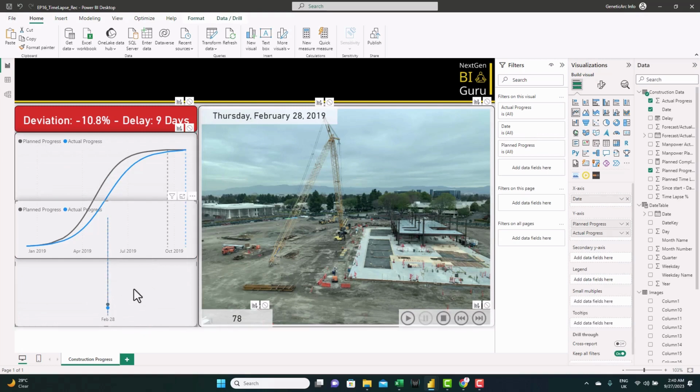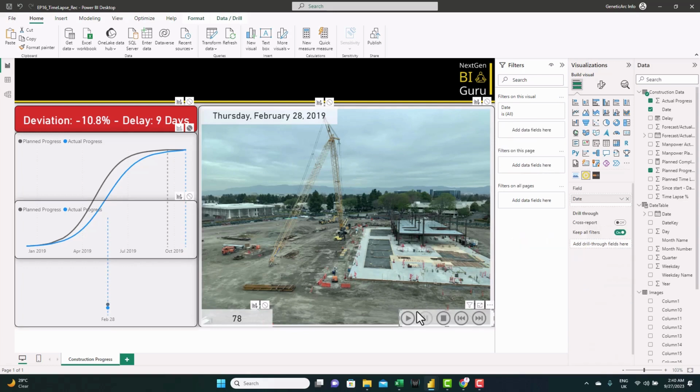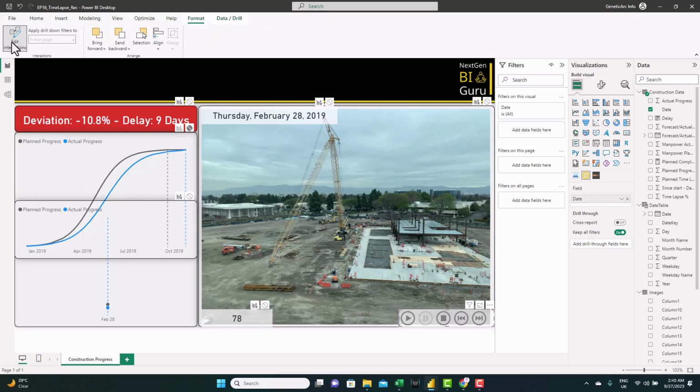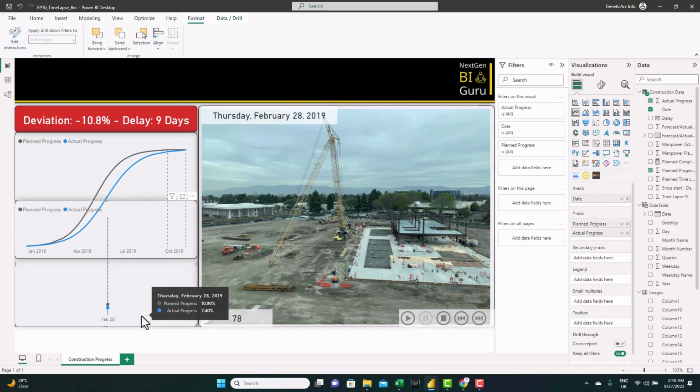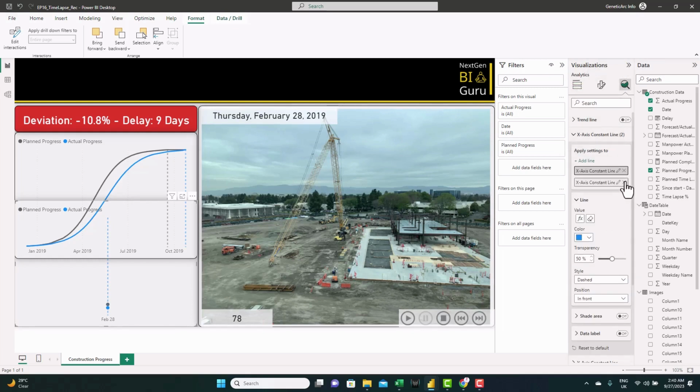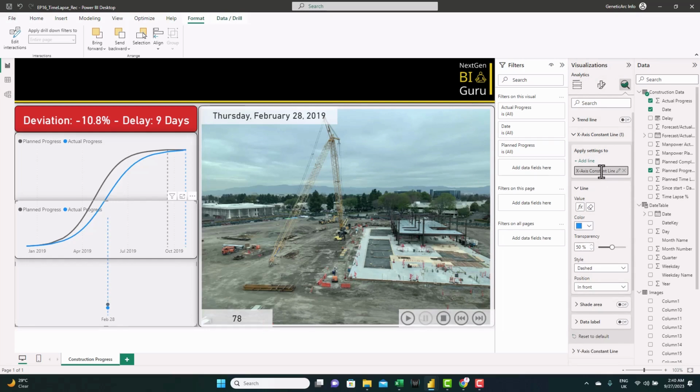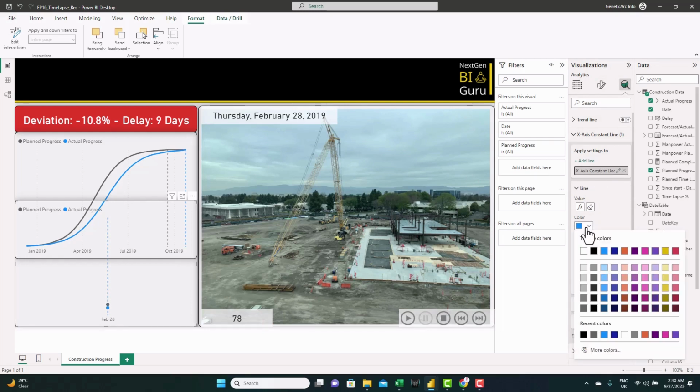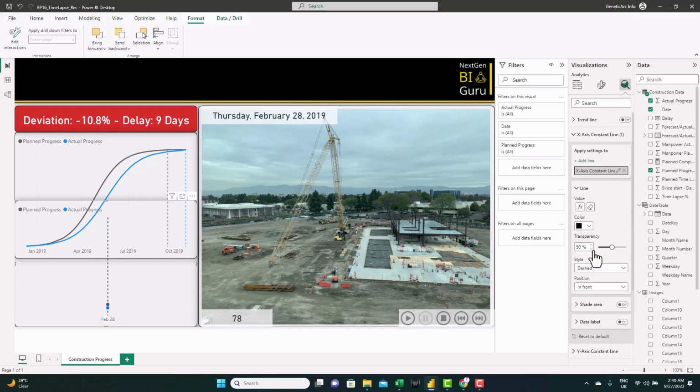And as you can see, the duplicated visual is filtered because the interaction is active. So you can see here, the slicer is filtering this visual, and we want to keep it this way. So let's turn off the interaction now and keep it this way. And let's go to the analysis tab here and remove the second line. Just keep one constant line. We give it the color black, for example, and we make it solid.